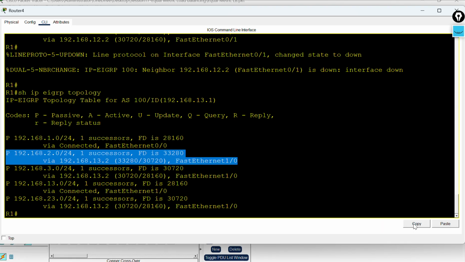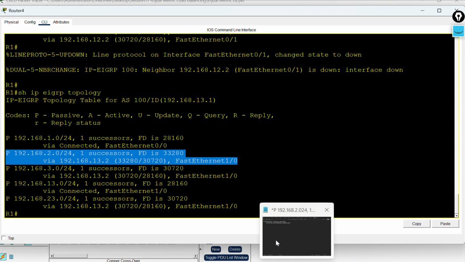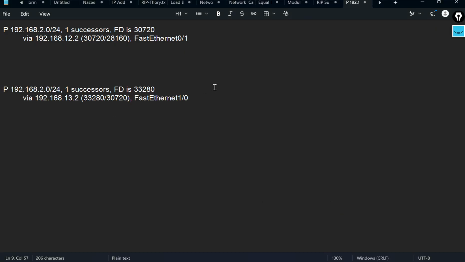Why? I told you one condition, right? Feasibility condition, FC. What is the feasibility condition? Advertised distance of backup route, means secondary route,